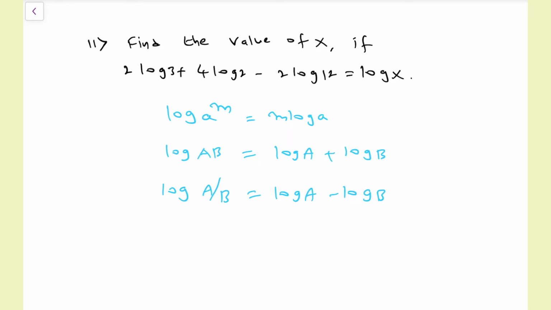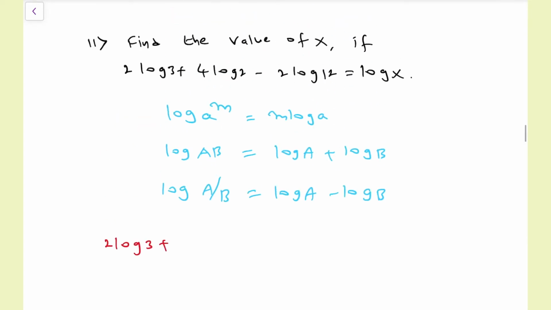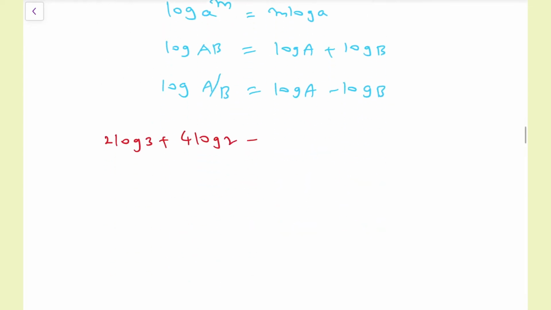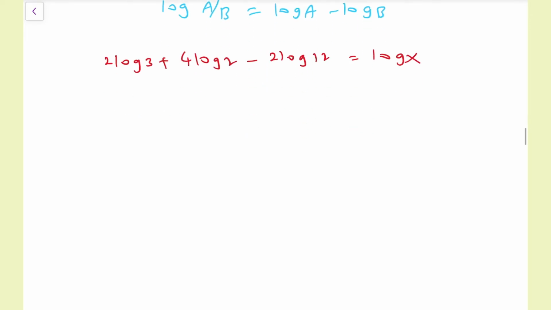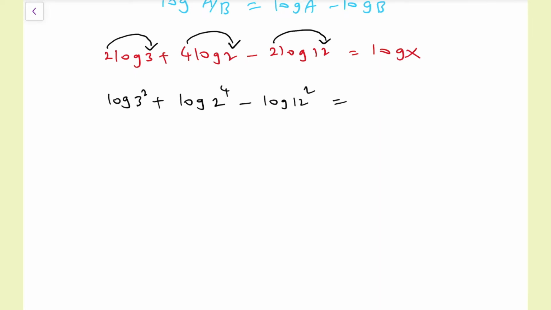The question given is 2 log 3 plus 4 log 2 minus 2 log 12 equals log x. We don't have any work with the right side, so until the last step we will write the right side as it is. Now 2 is the front number, it will go as the power. 4 is the front number, it will go as the power. Here again 2 is the front number, it will go as the power. So we will get log 3 power 2 plus log 2 power 4 minus log 12 power 2 equals